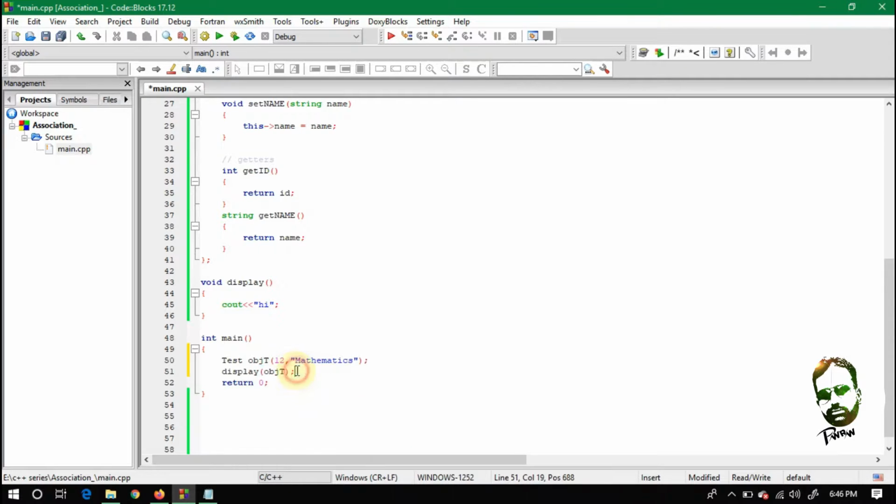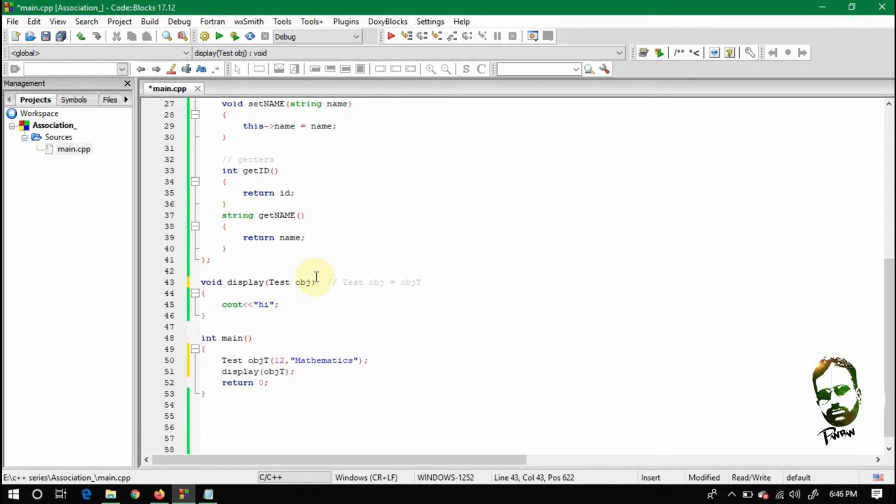So guys, if here is the argument, one argument of type Test, then there should be one parameter here of type Test also. So let's write here obj. So the obj t object will be copied into this obj. So I can say here obj is equal to obj t.